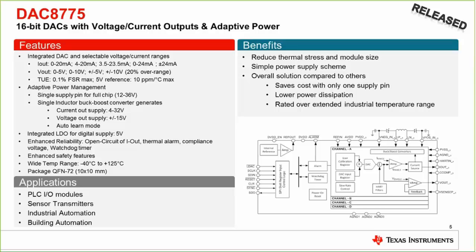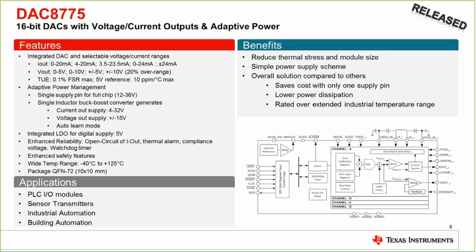If you open the data sheet, the TUE is broken out for each of the previously mentioned output spans, as well as with respect to operating temperature spans. We provide specs at room temp, so you have some idea of what your calibration scheme would have to look like, along with specs that go from the conventional industrial operating temperature of minus 40 to 85 degrees C, and with what we call the extended industrial operating temperature range, which this device supports, from minus 40 to 125 degrees C.